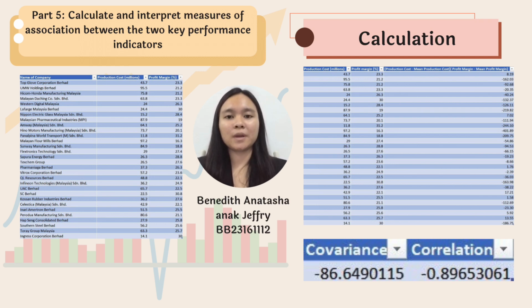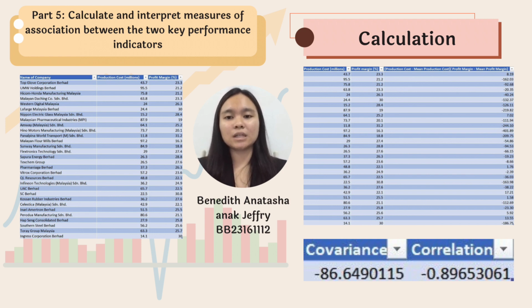For my part, I have been assigned to do part 5, which is to calculate and interpret measures of association between the two key performance indicators. For measures of association, I need to calculate the covariance and the correlation between the production cost and profit margin. The calculation has been done using Excel, and the value that I got for covariance is negative 86.65,